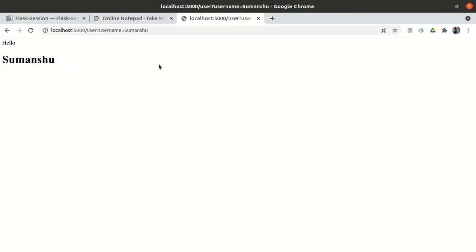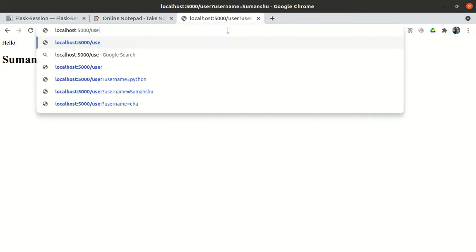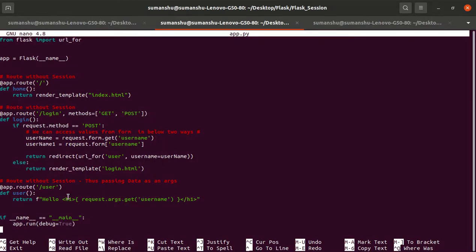So now you know, I have already logged in, right? I already logged in, but when I go to the /user tab, it again displays none.